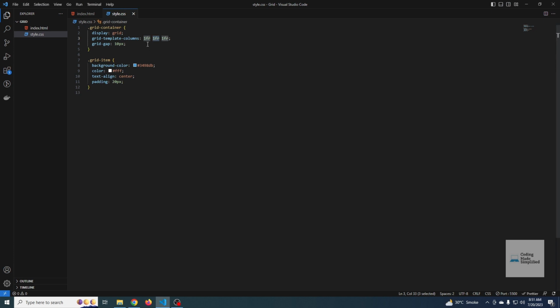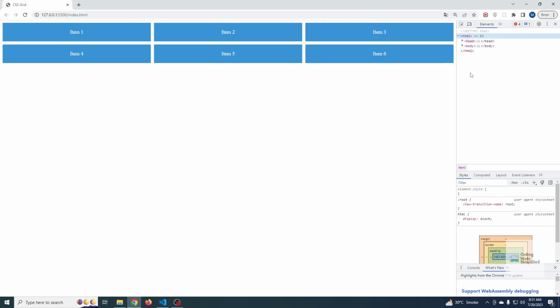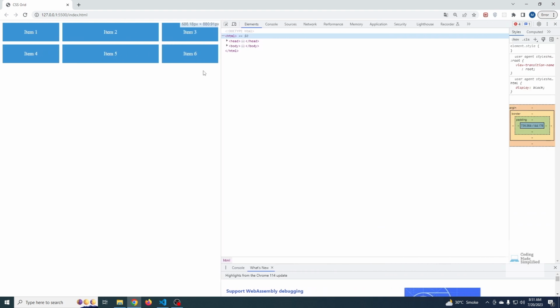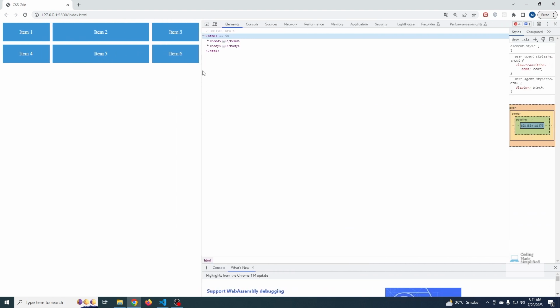So in minmax, what we can do is call minmax, and our minimum width will be 300 pixels and the maximum will be 1 FR. So by default, our layout will be the same, but when we shrink our window, the two columns, the most right and the most left column, will shrink, but the middle column will not shrink more than 300